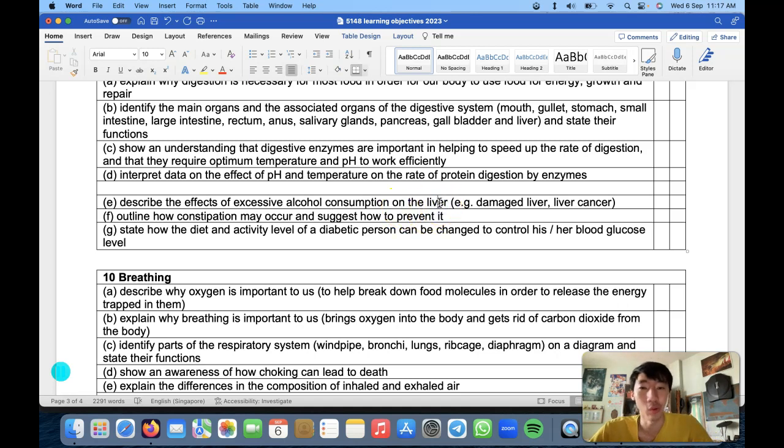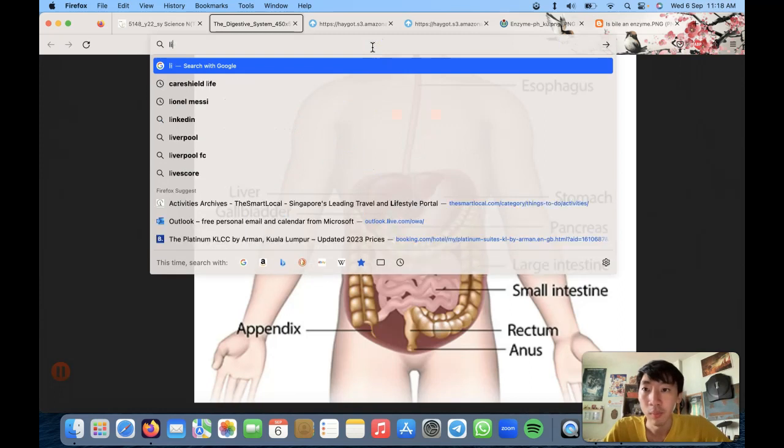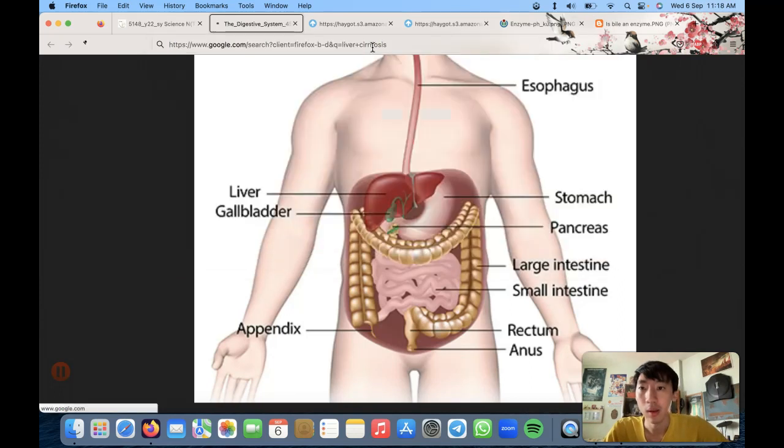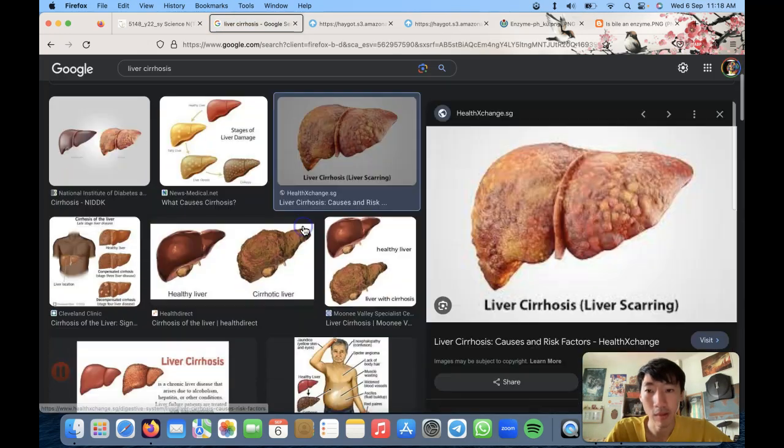So your liver is doing a lot of work. It's taking the alcohol and removing the toxins from it, because alcohol is actually toxic. You drink too much alcohol, you can die. But the problem is that if you drink excessive amounts of it, like every day you drink 3 bottles, 2 bottles, over a long period of time, your liver is working too hard. It's fighting off all these toxins every single day. You get what I call a damaged liver. Let me show you a picture of it. This is called liver cirrhosis. A damaged liver means that the liver becomes very hard, very hard and very scarred.